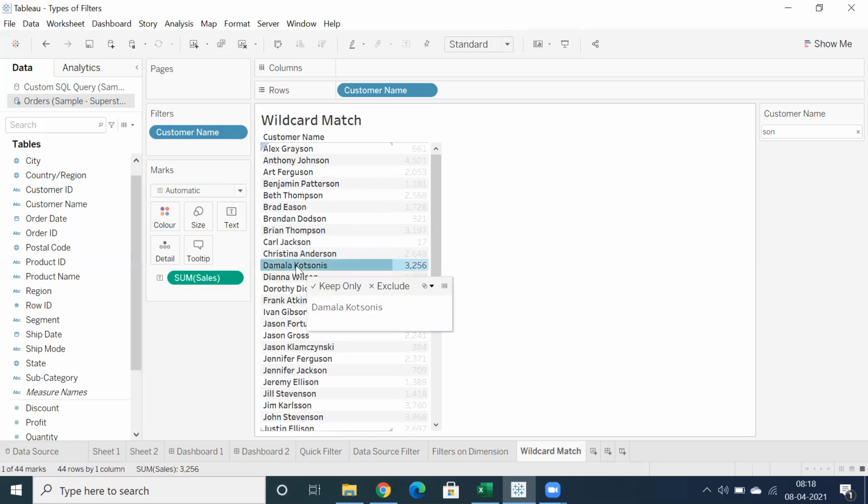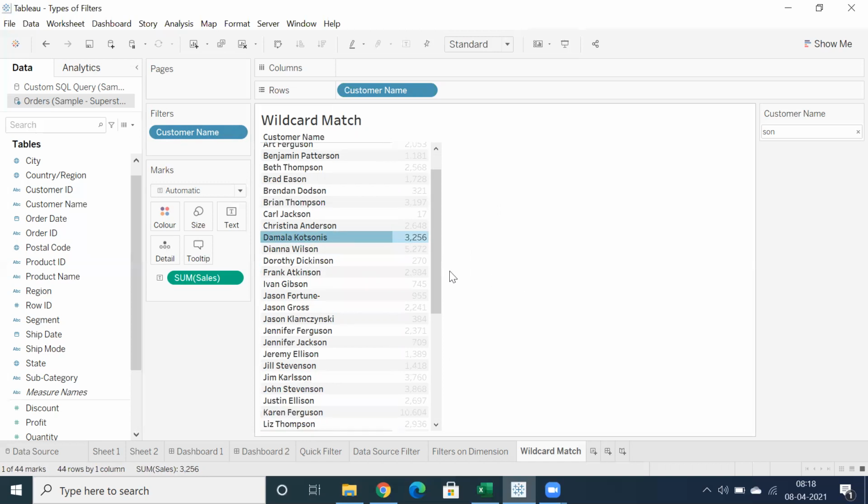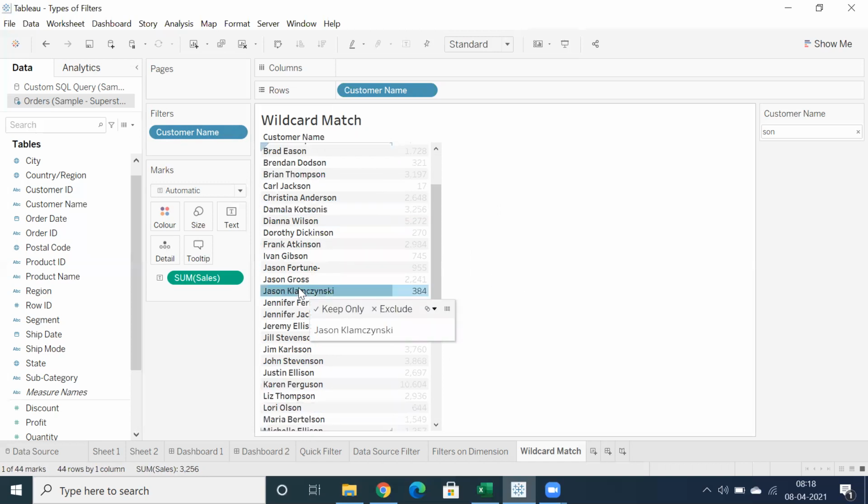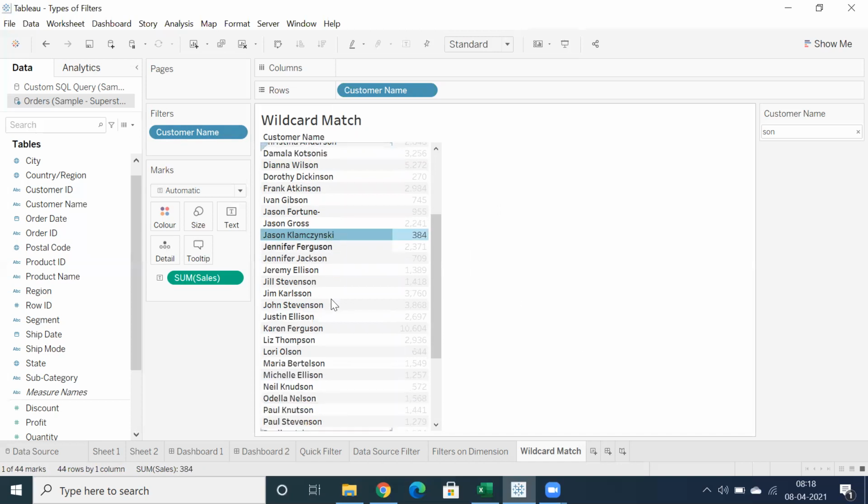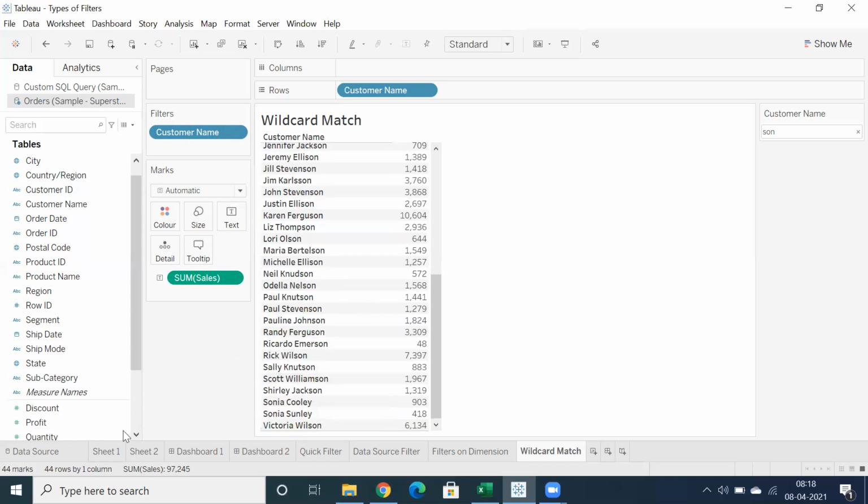But as I said, there are a few customer names which do not end with Sun. You can see overall it's 44 records when you type in Sun, that is contains. But if you want to display only the customer names that end with Sun, you have to use first star, then Sun. That's it. You can see 38 records. Initially it is 44, but I'm using star because I need ends with Sun.